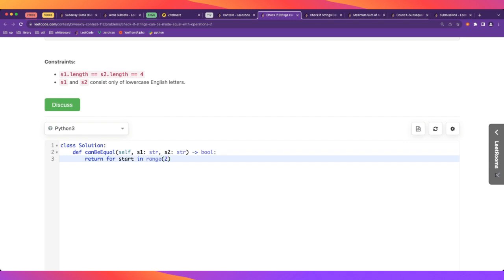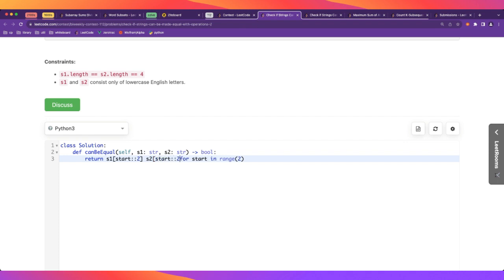Then for s1, we want the group that goes from start up till the end with steps of 2. And this has to be equal to the same group